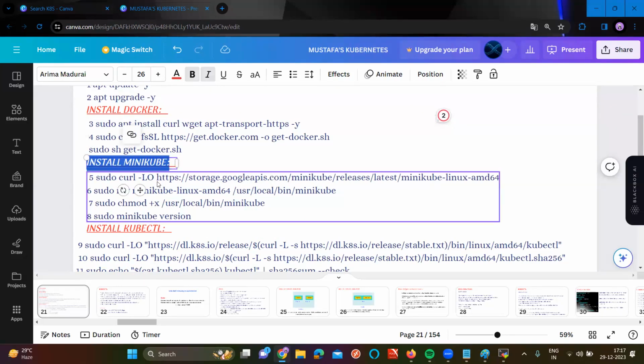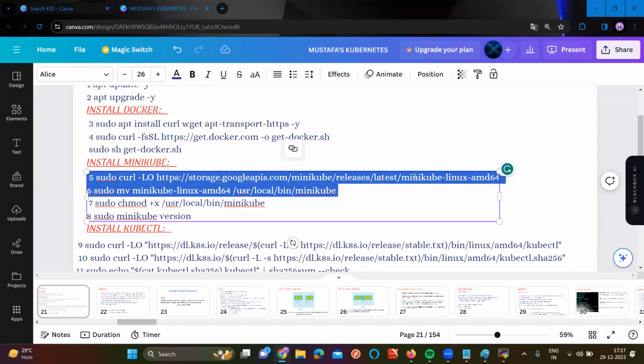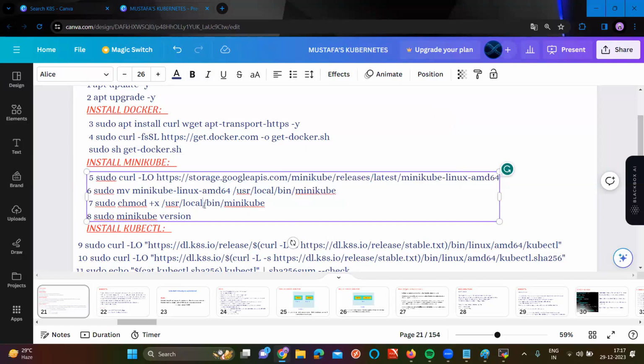But sir, here what happened, you know? Minikube is not a default Linux command. That means if I want to use the Minikube command, I have to download it. Whenever some commands are not available in Linux, we download them in binary format. You see I'm downloading a binary file. After downloading this file, I am moving it to user local bin. After that, I am giving the executable permission. And I'm checking whether Minikube is working or not.